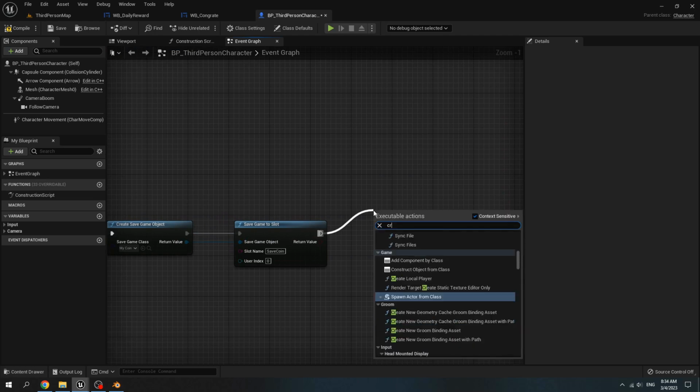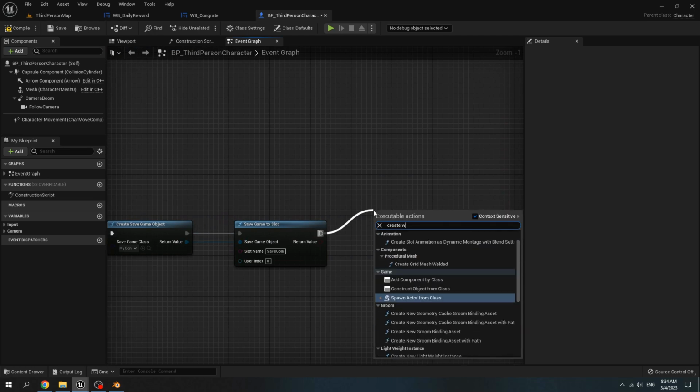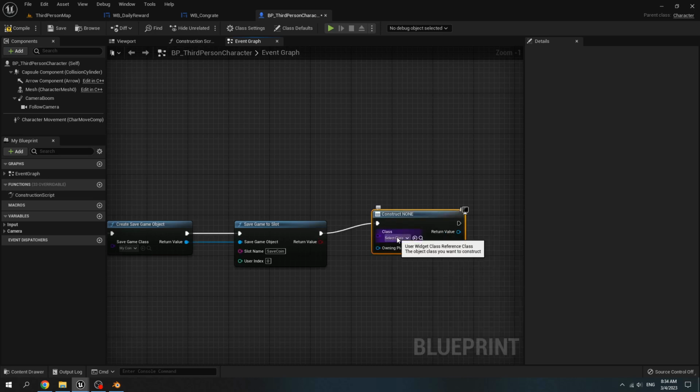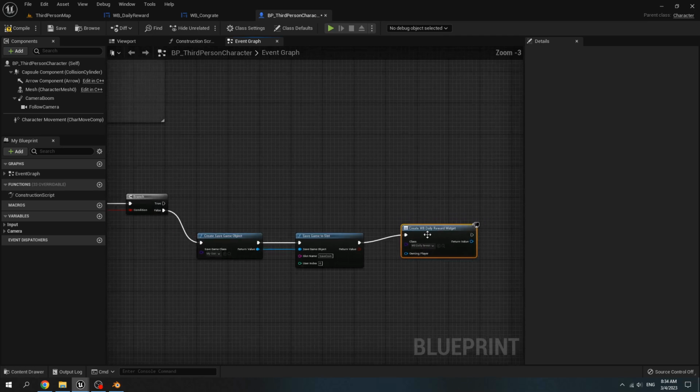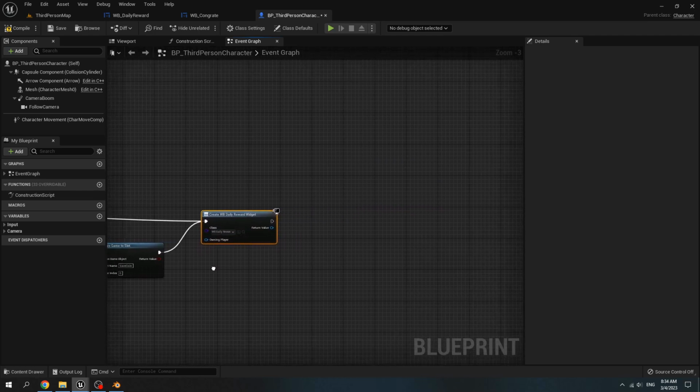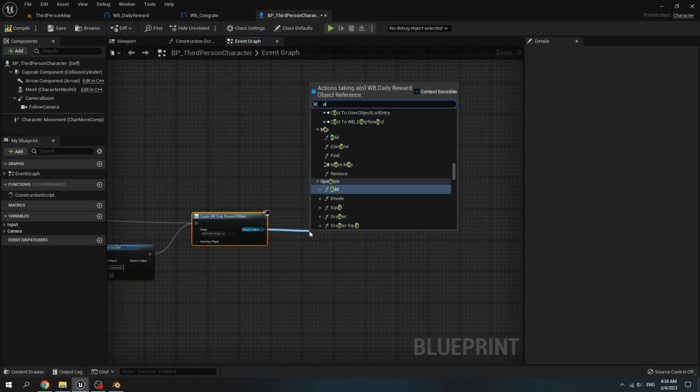Then create widget. Choose the class is WB daily reward. If it's true, we create this widget without create save game and add it to viewport.